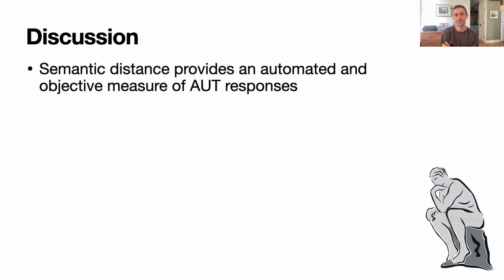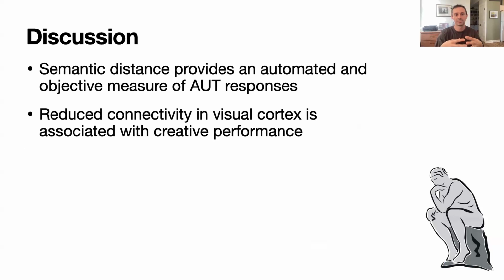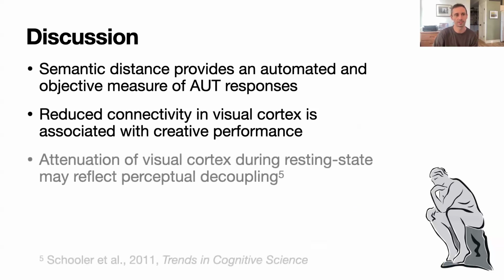Just to summarize, semantic distance provides a measure of AUT responses that is both automatic and objective. We find reduced connectivity in visual cortex associated with creative performance, whether measured by SEMDIS or individual human raters. One possible interpretation of these results is that during resting state, more creative people are attenuating their visual cortex, or tuning out from their primary sensory input, and that allows them to engage in some kind of internally directed cognition. Now, this is speculation, and I recognize that there are other alternative explanations of this, but what